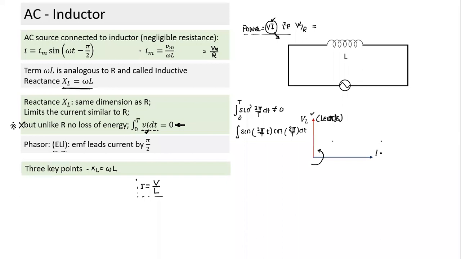This is correct. This is the maximum value of current, the max amplitude of current, and this is the amplitude of voltage. This is an equation between amplitudes. Will this relationship in RMS values also be valid or not? Will it be valid or not? Akash?